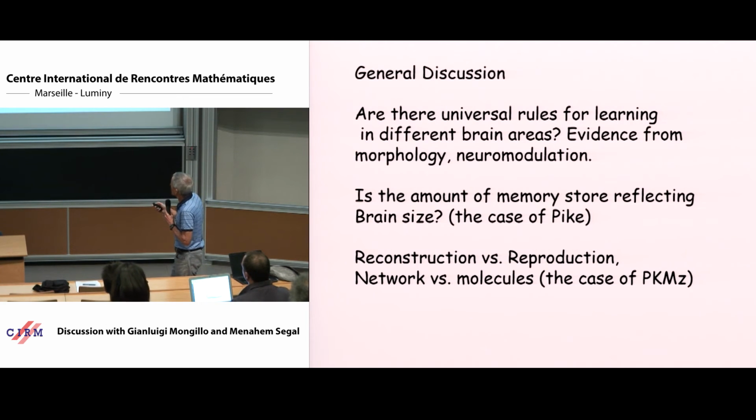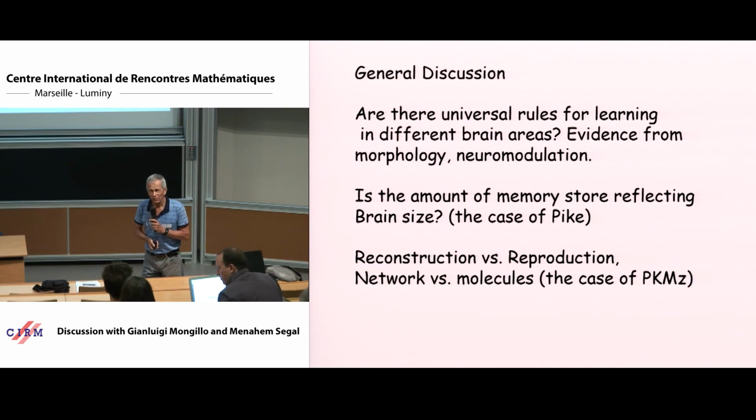long-term memory. There's a question of memory store, and we know that there is the extreme case. I don't know how many of you know the story of Pike. There's a person in the 19th century that could remember thousands of books. He would read a book in half a day and memorize all of it. So he has a huge capacity for memory for the same size of brain that you and I have. But why is it that I do not remember my credit card number and he could remember millions of sentences? This is the question: where is this memory? Where is the capacity? We know that, for example, blind people have better memory than